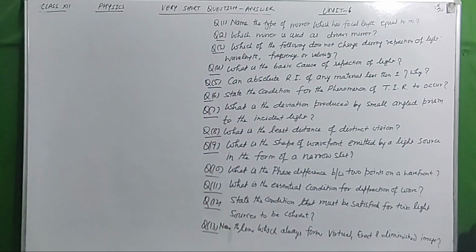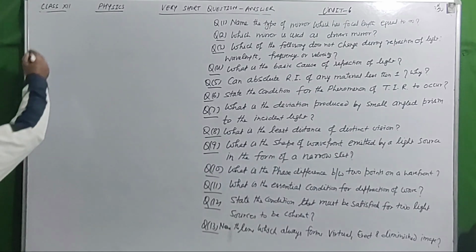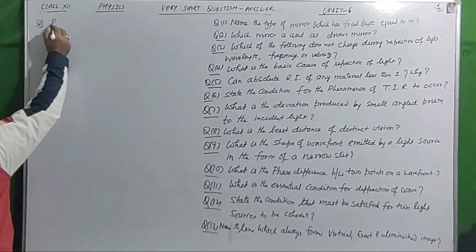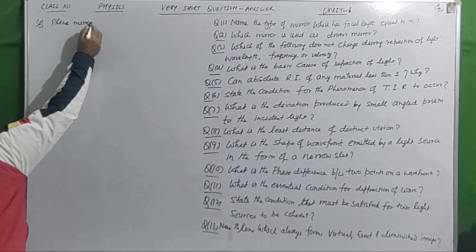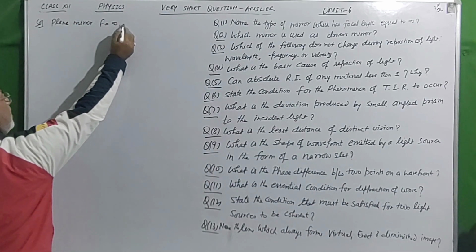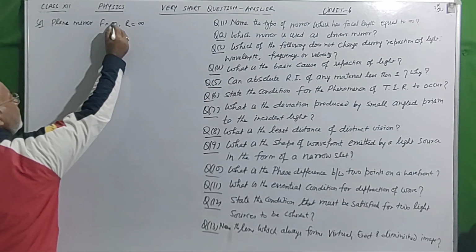Name the type of mirror which has focal length equal to infinity. ये मिरर कौन सा है बेटा? That is plane mirror. प्लेन मिरर के लिए होती है बेटे फोकल लेंथ इन्फिनिटी होती है और रेडियस ऑफ कर्वेचर भी क्या होती है? इन्फिनिटी।